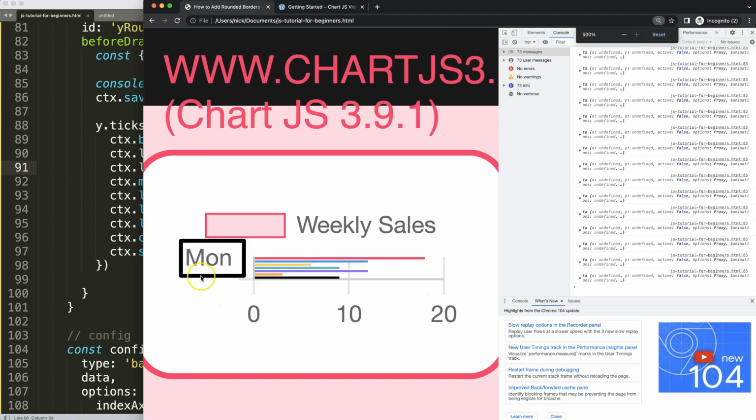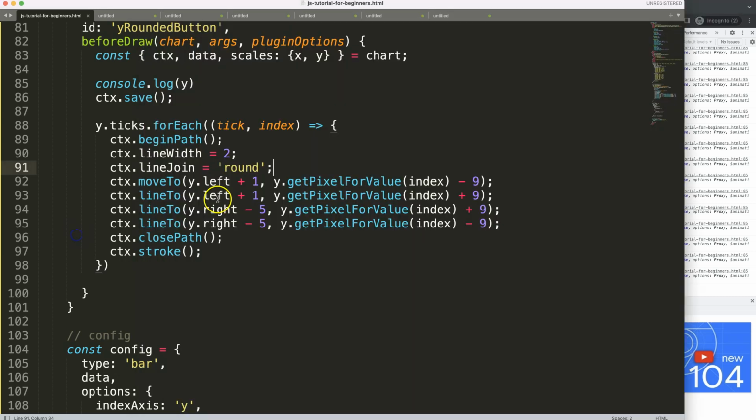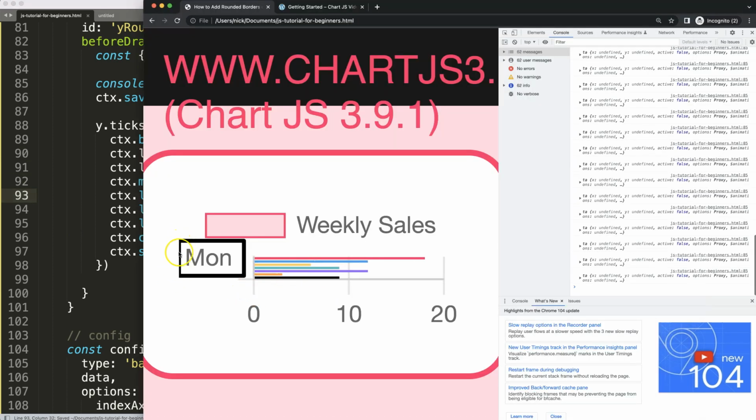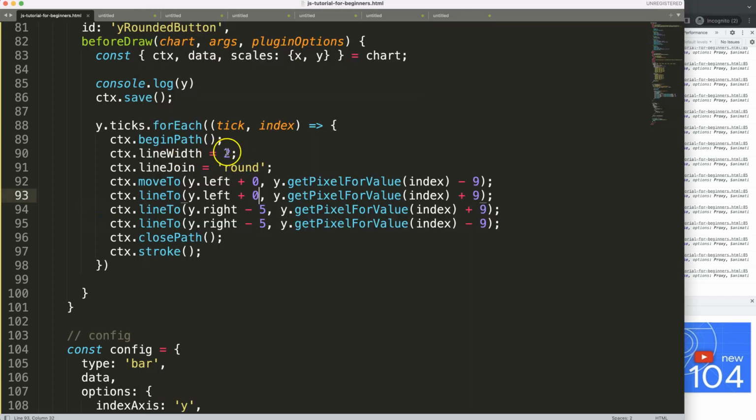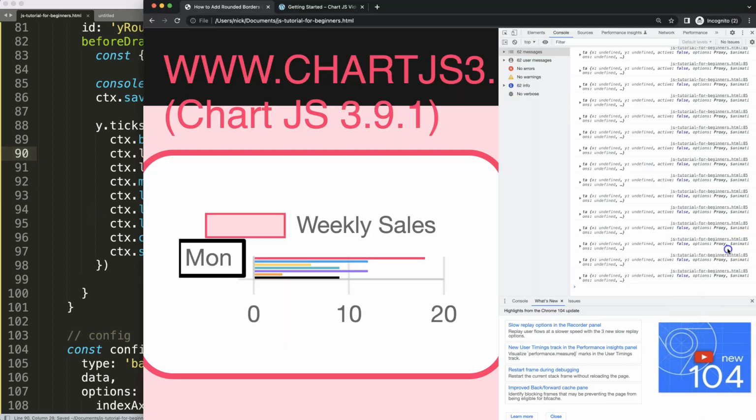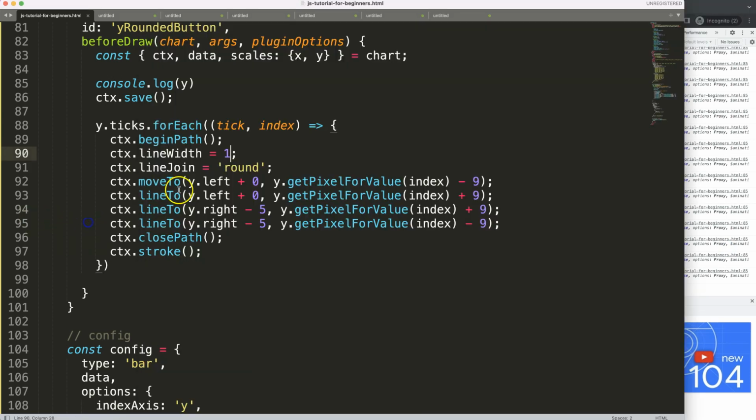As you can see here, we have these rounded borders, and what I want to indicate here, because we have the border with a thickness of 2, this is the reason why I had to do +1 here. If I do 0, and here 0, you will see we are going to clip off just a tiny bit of our border, because the thickness of 2 will expand with 1 pixel basically. That's why the border by default should always be 1, and then if you make it rounded, it should be 2, but then it will expand. You can see here, this is hardly noticeable as well. It gives like an additional pixel here. So this is very important to understand. This is the reason why I'm doing this here. So we can save this,